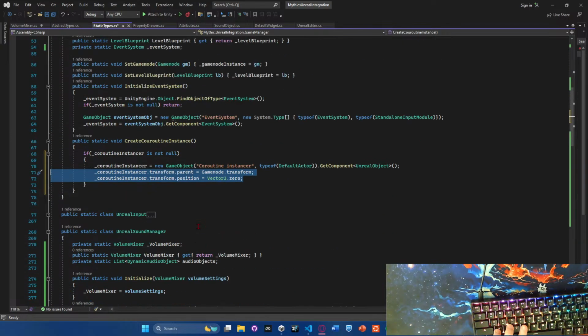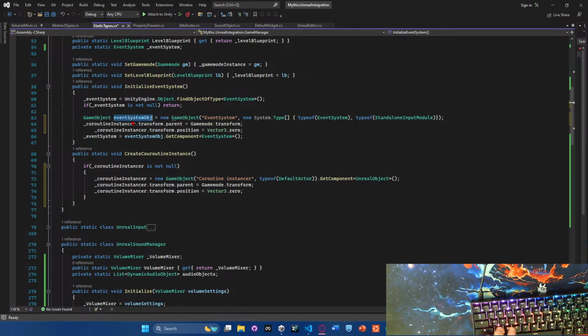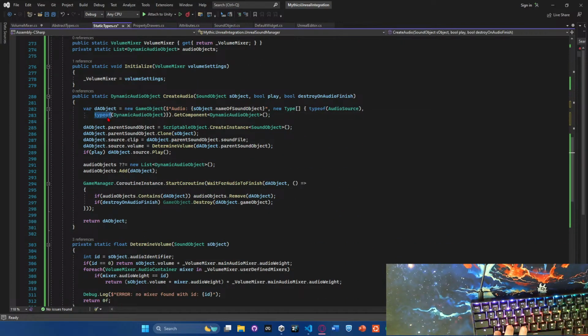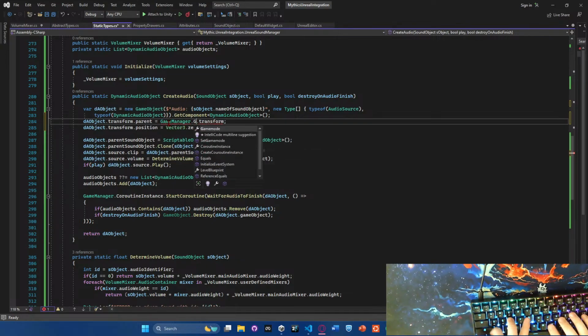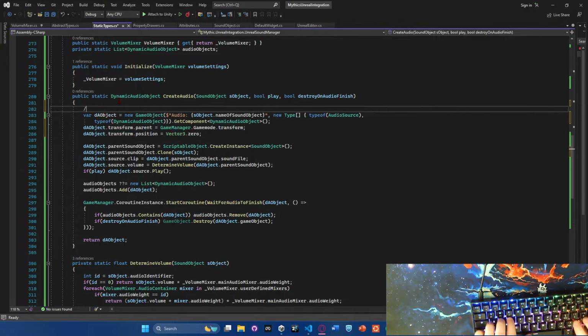I'll do the same thing for the audio. So we'll say our parent equals our game manager dot game mode dot transform, and then we can do this. Create audio, dynamic audio objects,